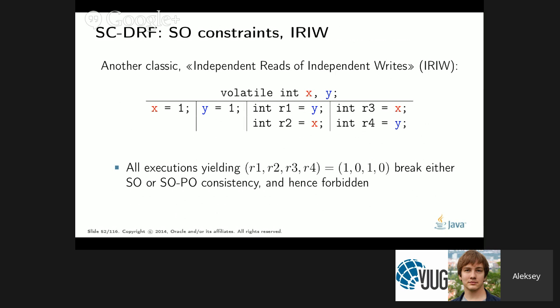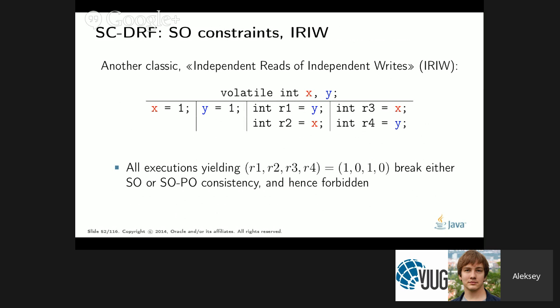When you have 4 threads and 2 global variables x and y, the first 2 threads are writing once to x and y, and the 2 other threads are reading the values from y and x, but reading them in the reverse order. If you build all the interleavings of these threads, you will figure out that any execution that yields that particular quad result,